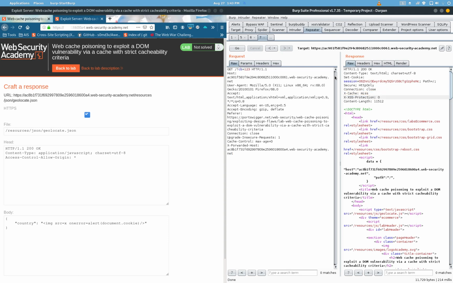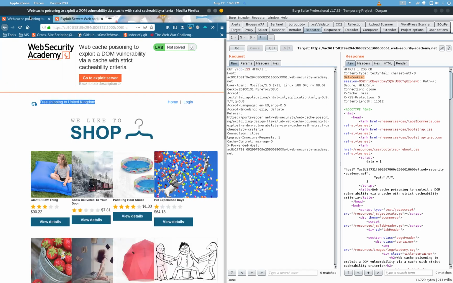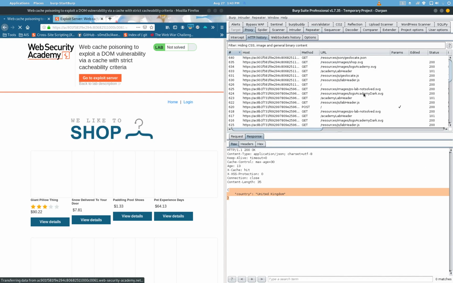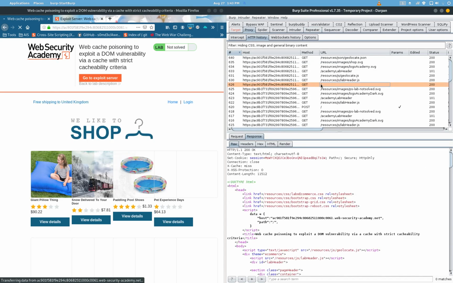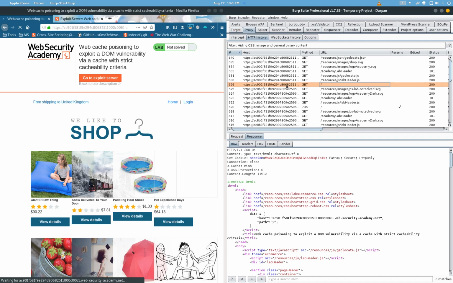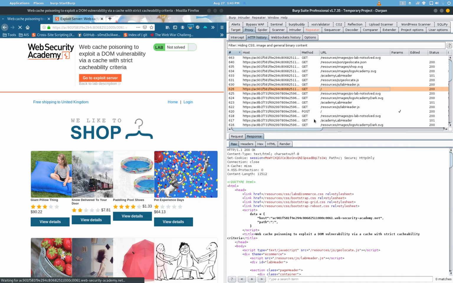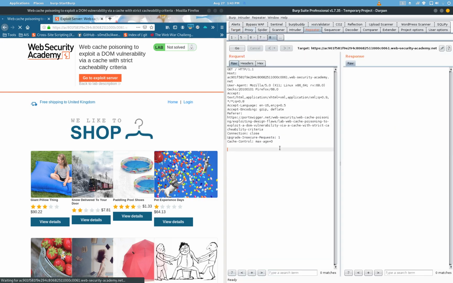So the issue is the Set-Cookie will not allow you to cache the request. So let's go ahead back to the home page, reload it again, select the GET request for the home page, send it to Repeater, add in our X-Forwarded-Host,